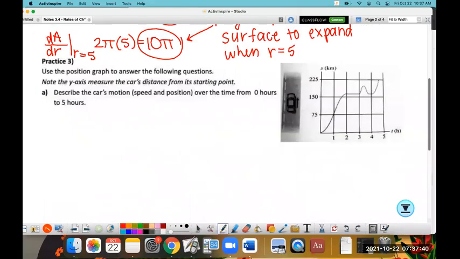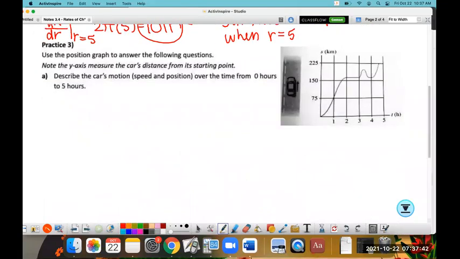It says use the position graph to answer the following questions. Note that the y-axis measures the car's distance from the starting point. Describe the car's motion, both speed and position, over the time from 0 hours to 5 hours. So we have some pretty natural breaks here. 0 to 1, 1 to 2, 2 to 3,